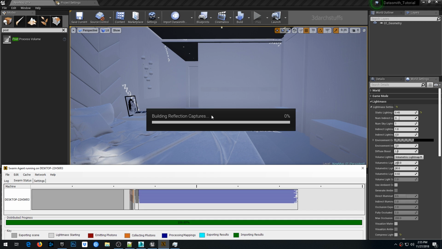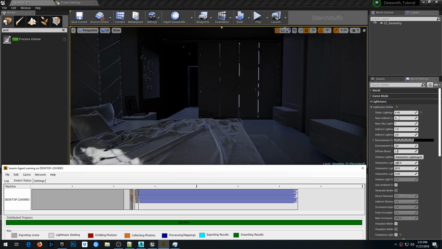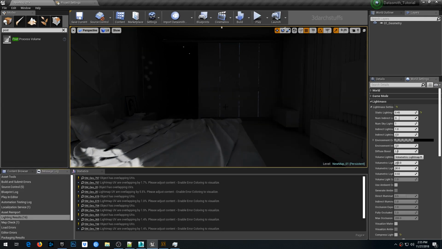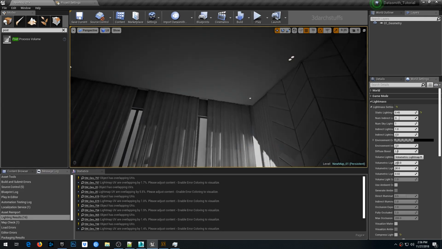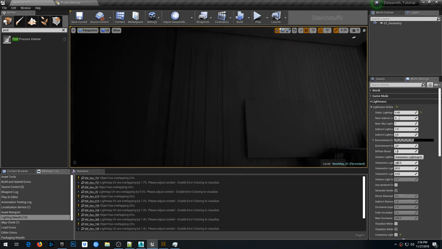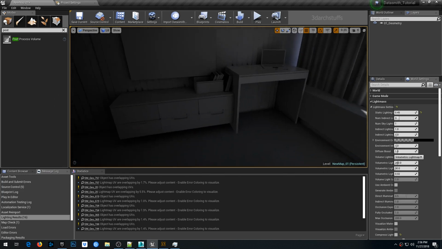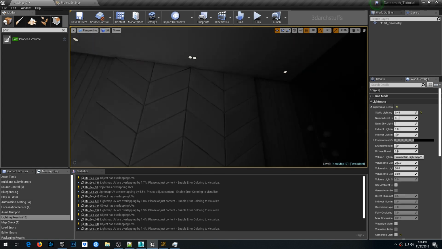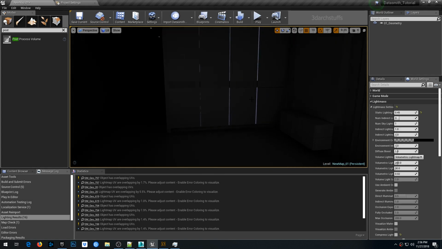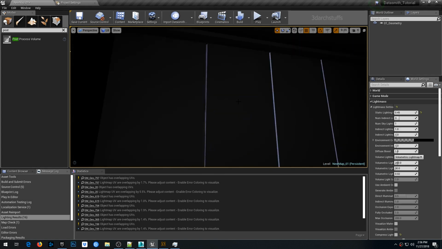So as you can see, our light has been baked here, and we can see that it's quite good as of now, and we will make it perfect in the future. For that, what we will do is